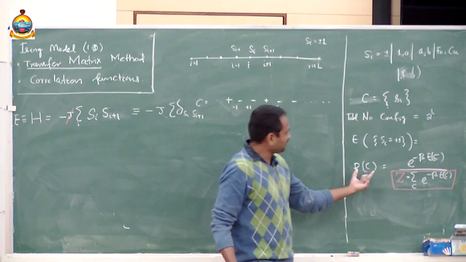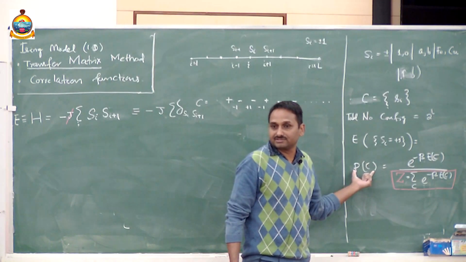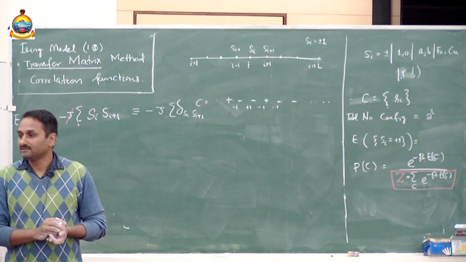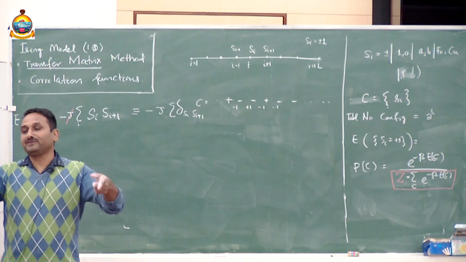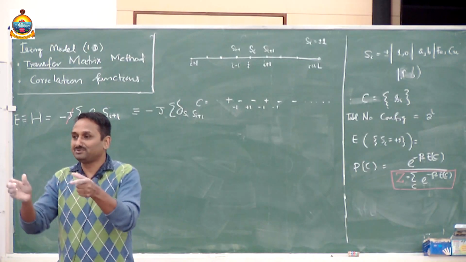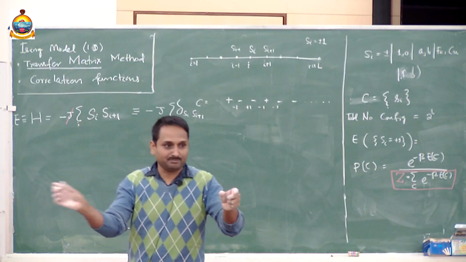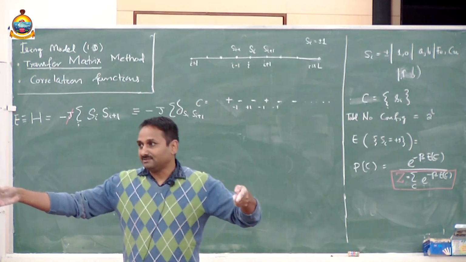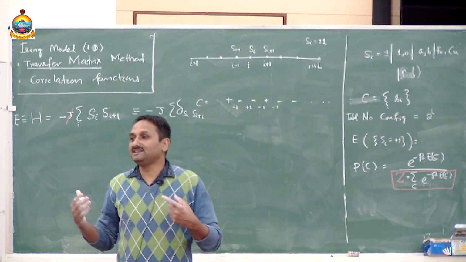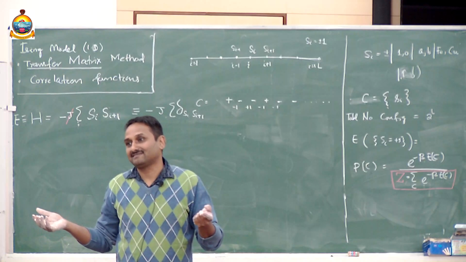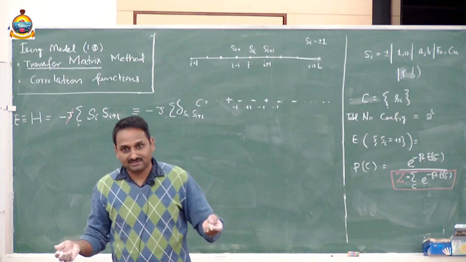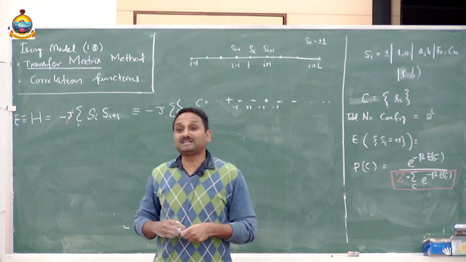So if you know the probability of a configuration in the stationary state, can you calculate the observables? Let us define what observables are. Observables are some property of a configuration. Like energy is a property. If I give you a configuration, you can just take a product and make a sum, and that will give you the energy. Similarly, you can think of something else, like how many total plus there are. That is an observable. Or you can ask how many consecutive,